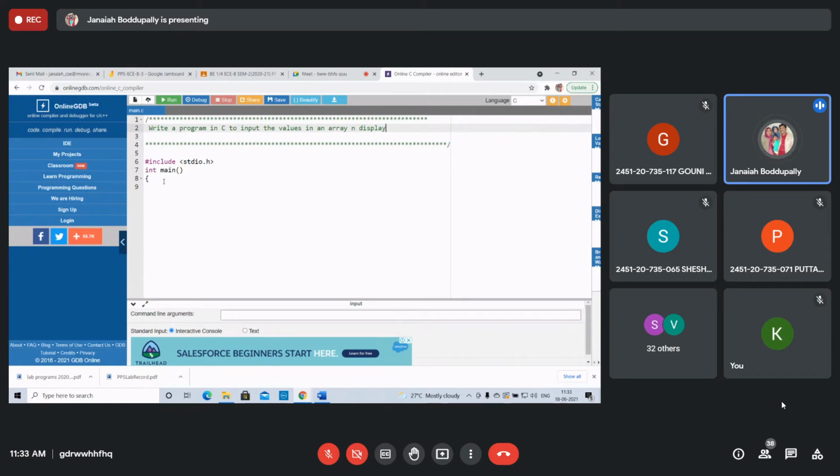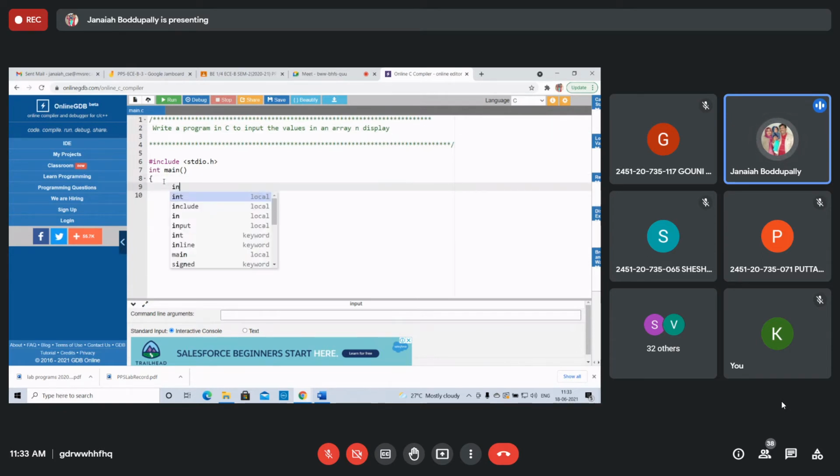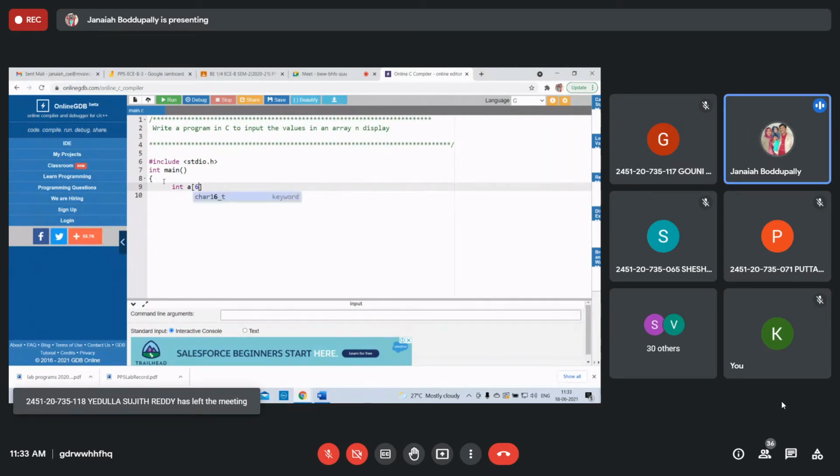Now take the array. Declare int, array name is A. I am taking A of size 6, six elements I want to take, comma, index i.